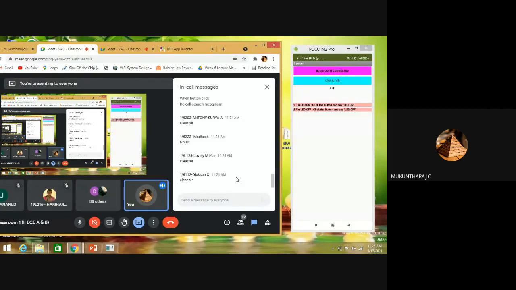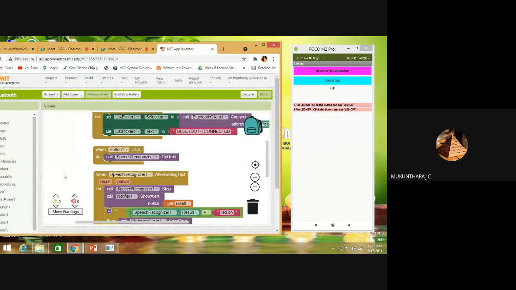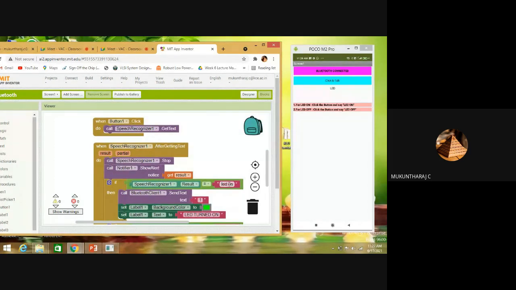Could we identify what mistake we made? You can't say it is a mistake. You need to observe it. What must we do for this? Case sensitive. Very good, lovely. Thank you for your observation. While your label or notification shows LED in caps, here we have tested our result as LED in small case.